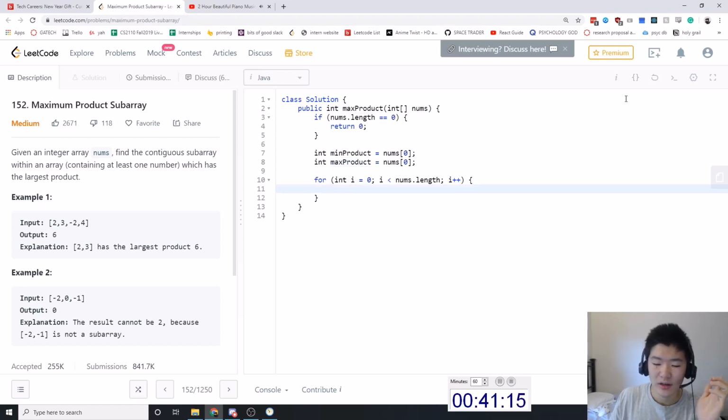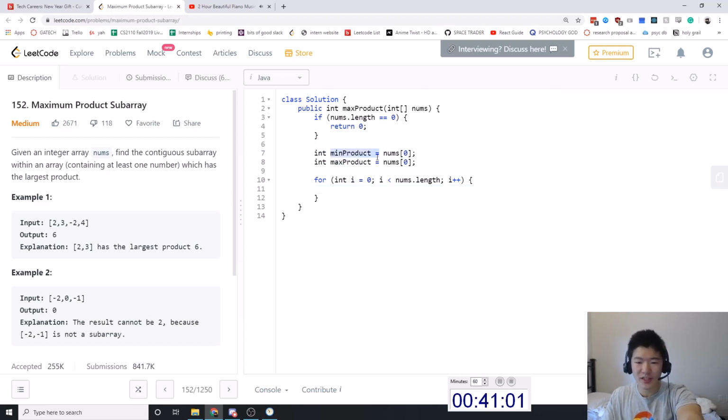Sorry, the max product to calculate the potential min product, and the min product to calculate the max product, because a negative number basically does the flippy. But we are lazy, so we're just going to do int temp1 equals, so this can be the min,